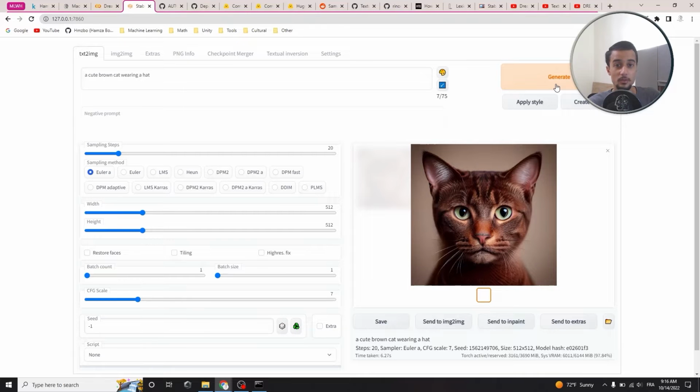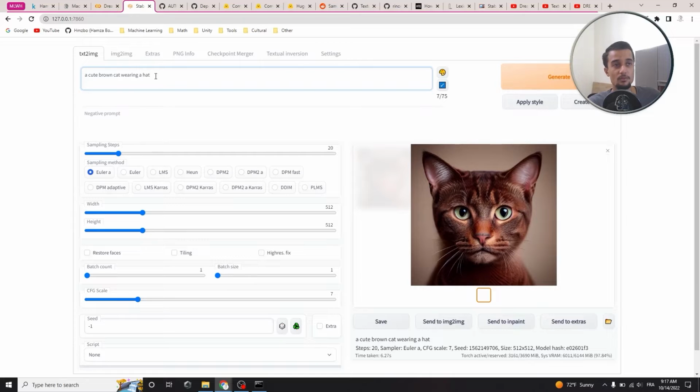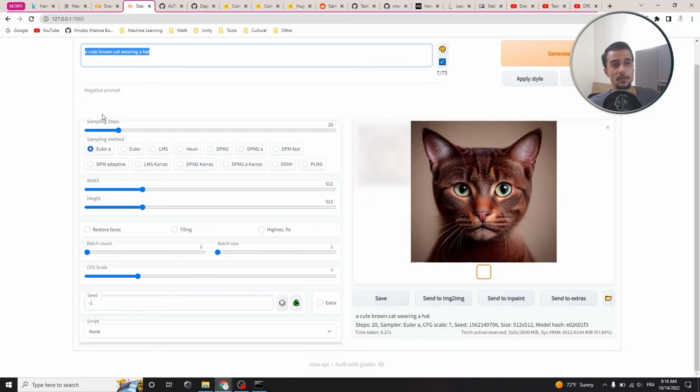So we have another image of a cat but not wearing a hat. To get better results, we need to modify these parameters, or of course play more with the prompt. The prompt has the most weight on the output image, so playing around with the prompt, trying different tags and different kinds of tokens, can produce very interesting results. For now, let's leave the prompt as is, and we're gonna see how we can modify these parameters to